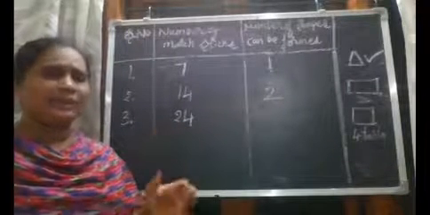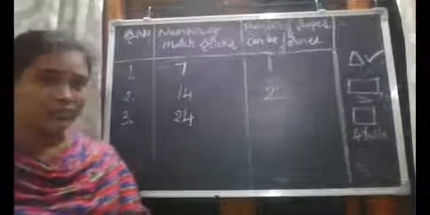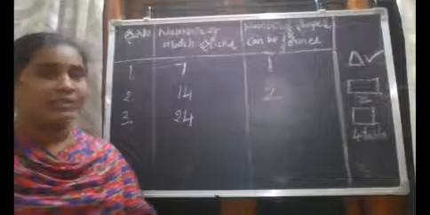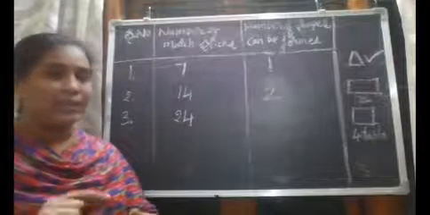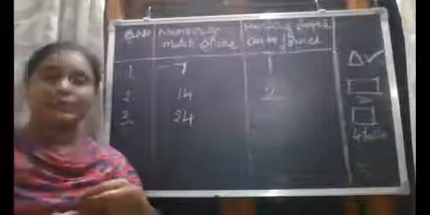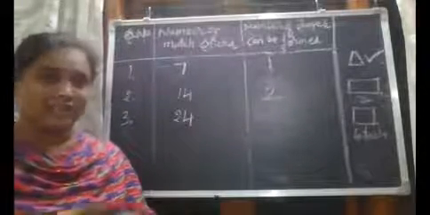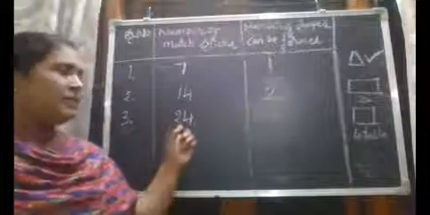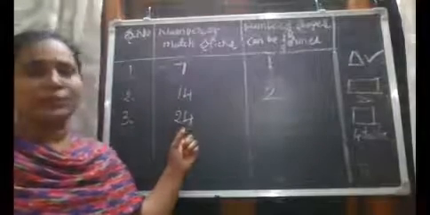Not only in this way, children, do you know the properties of multiplication? If you change the order, the result remains the same. 2 12s are 24, and 12 2s are also 24. If you interchange the numbers, the result is the same, isn't it? So we are getting 24 in the 2 table, so we can make a rectangle also.